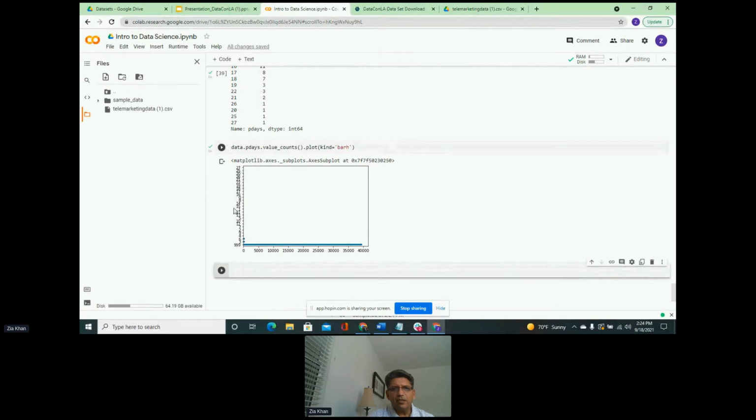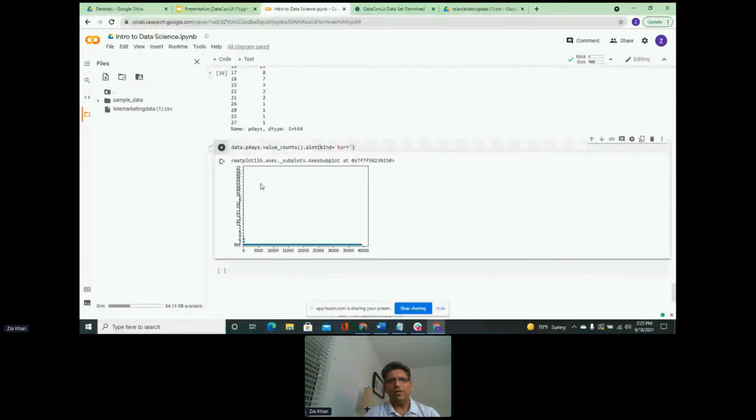Okay, so these are the values here, but we are unable to get any information out of it, because this 999 value is very big and has a lot of frequency. It goes up to 40,000, and that's why everything else is very small. So can we do something so that we can take this 999 out and figure out the others in there?